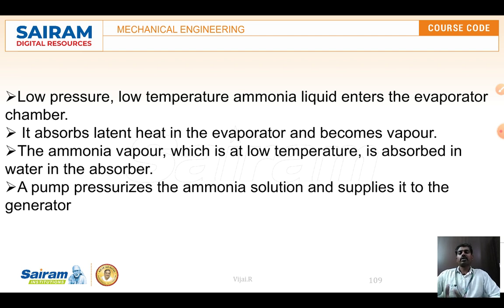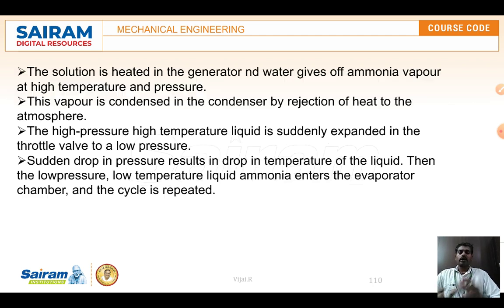So the ammonia vapor now enters the absorber area. In the absorber, water is already filled. So the water gets mixed with the ammonia and it becomes the ammonia solution, right? So now the absorber has the ammonia solution, and a pump is used for pumping the ammonia solution. The pump moves it towards the condenser, where in between